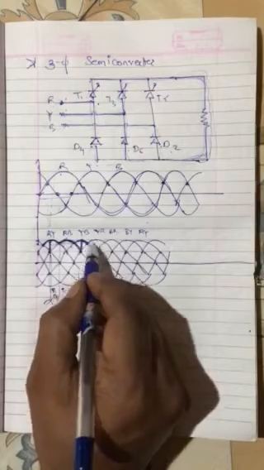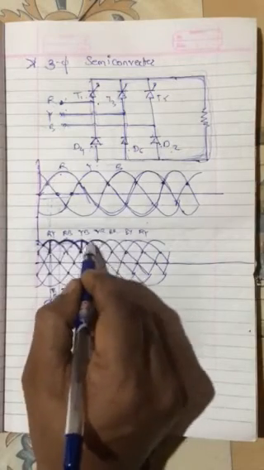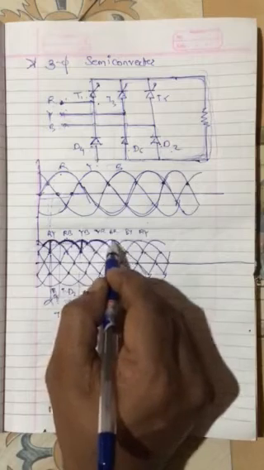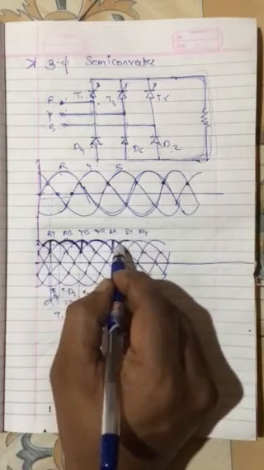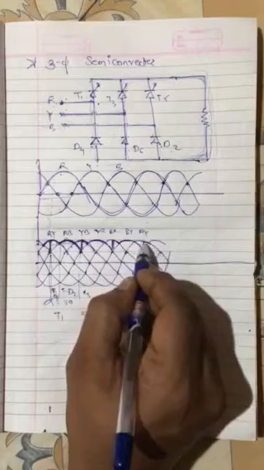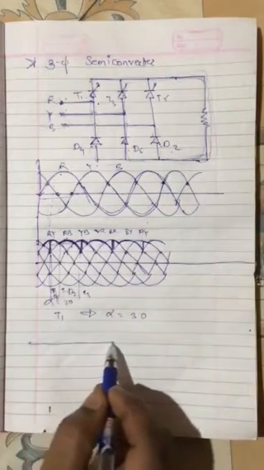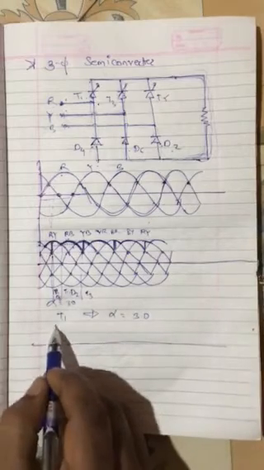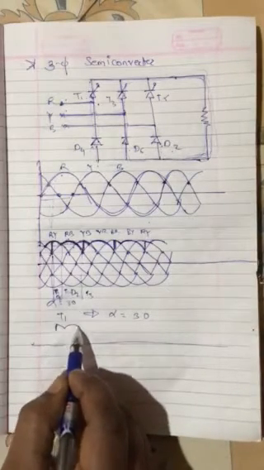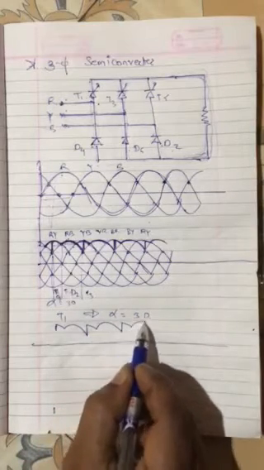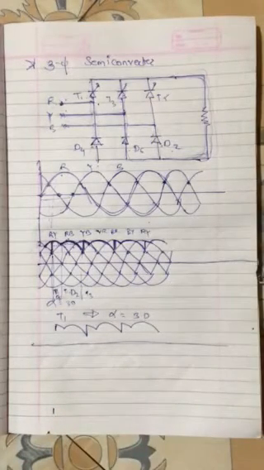So from here the waveform will be like this till here, till we give the next firing pulse to T5, which we give at this point. From here it will conduct like this, and again RY becomes positive. So this is how you will get the output. Try to understand. Okay. So if I draw separately, only for the output I will draw, because it is very, very time consuming to draw. Okay. So this is how we will get the output waveform.